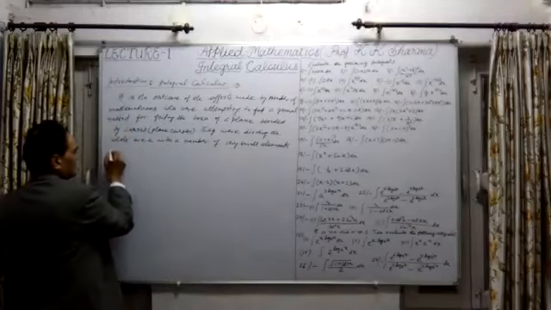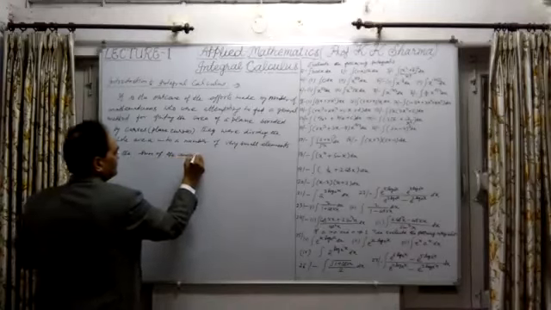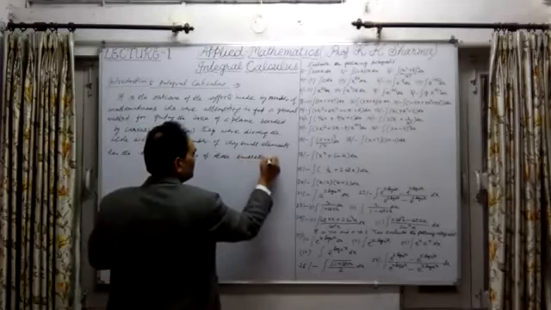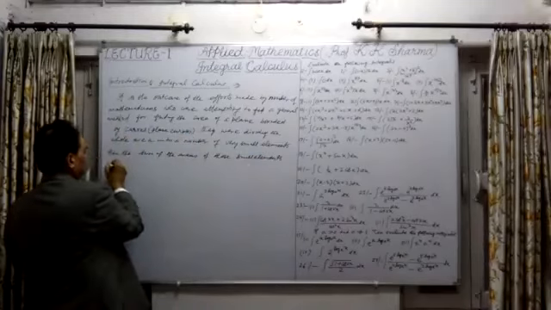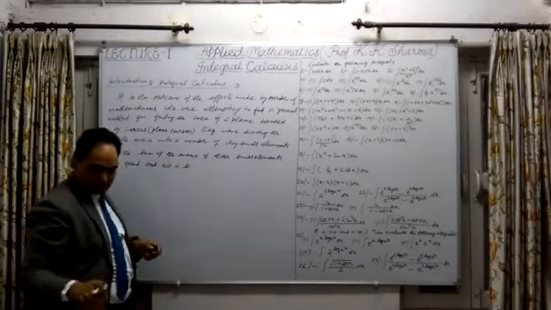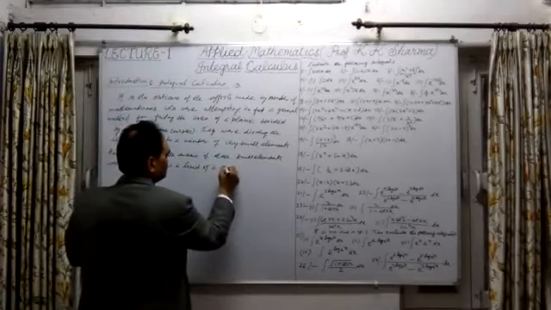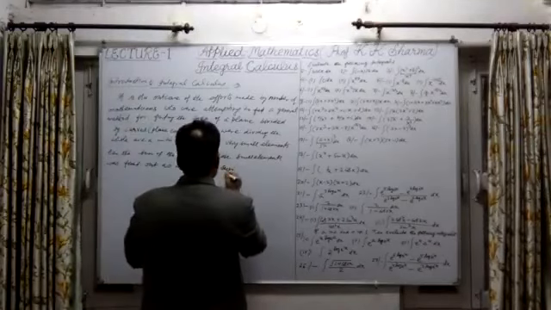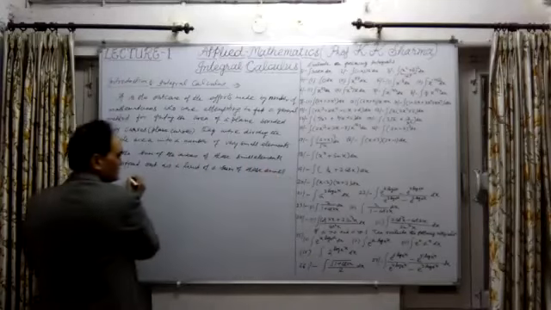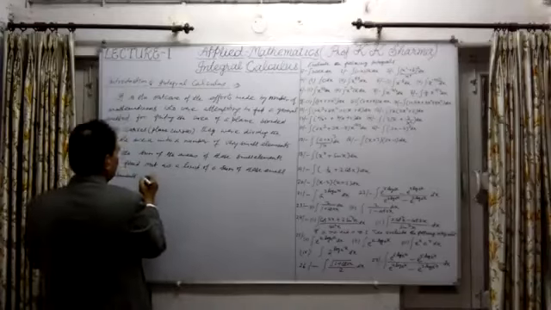Then the sum of the areas of these small elements was found out as a limit of a sum, as a limit of a sum of the areas of these small elements,